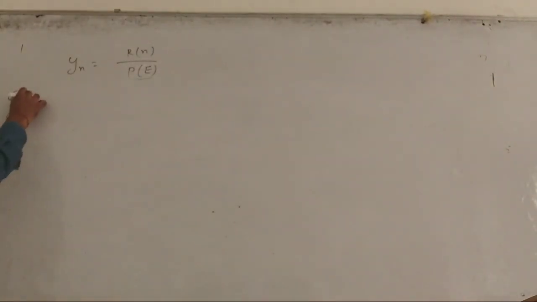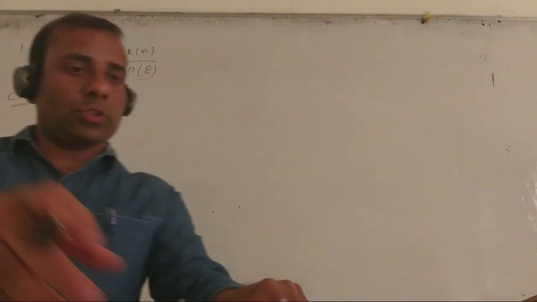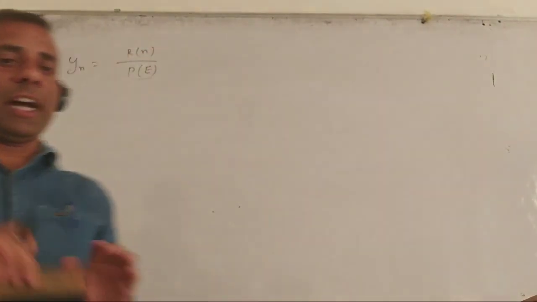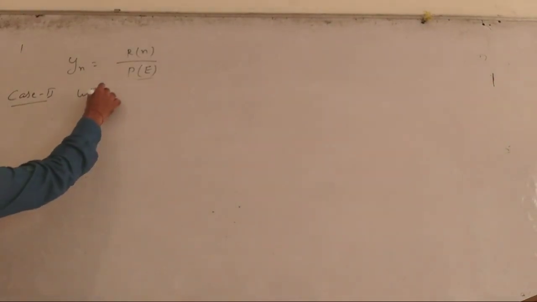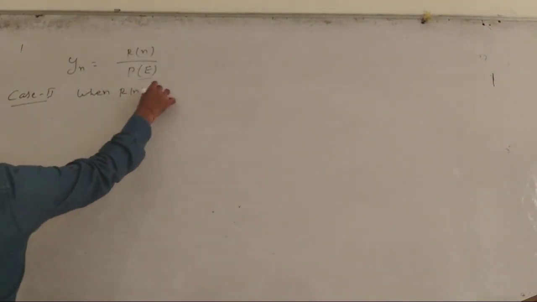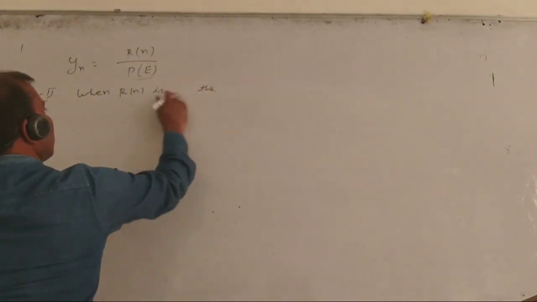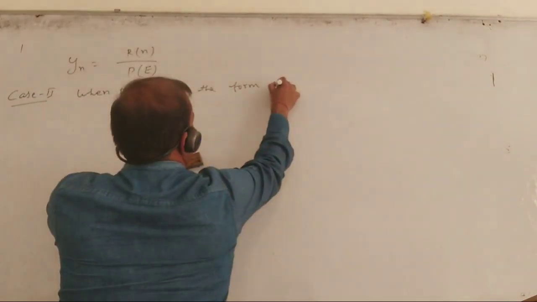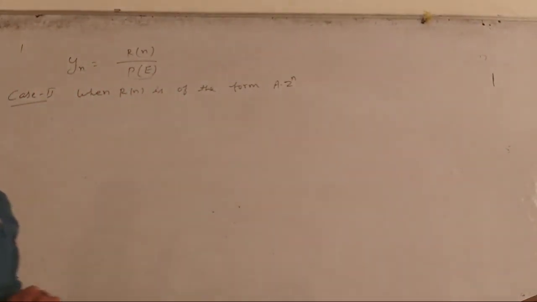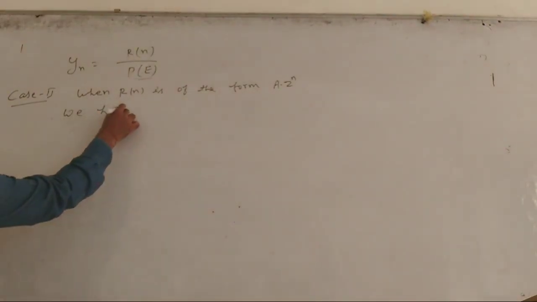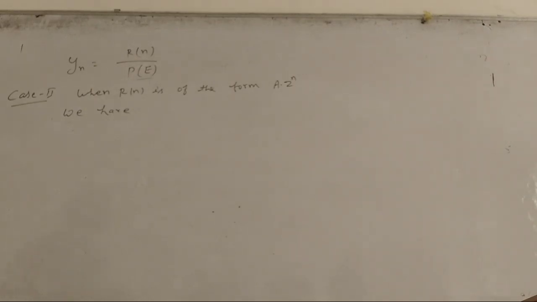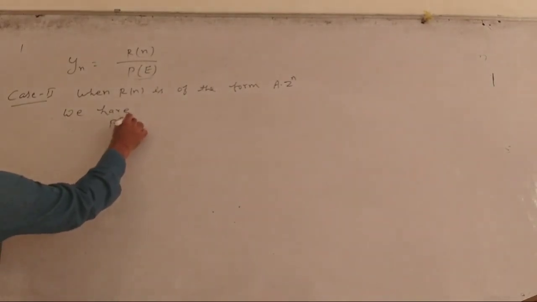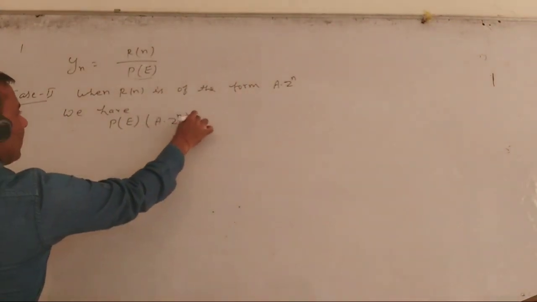So case 2. Question is, when Rn is of the form A into Z^n, where A and Z are constants. So we have P of E into A into Z^n